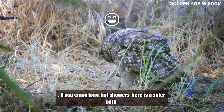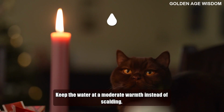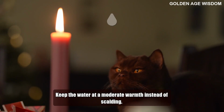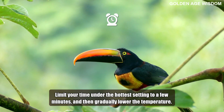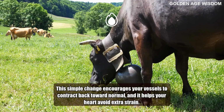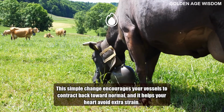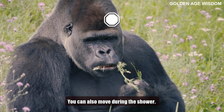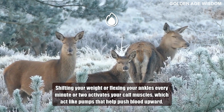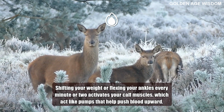If you enjoy long hot showers, here is a safer path. Keep the water at a moderate warmth instead of scalding. Limit your time under the hottest setting to a few minutes, and then gradually lower the temperature. This simple change encourages your vessels to contract back toward normal, and it helps your heart avoid extra strain. You can also move during the shower. Shifting your weight or flexing your ankles every minute or two activates your calf muscles, which act like pumps that